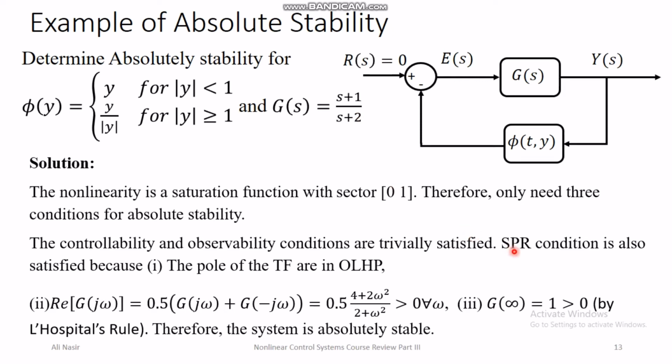And strictly positive real condition is also satisfied in this case because poles of the transfer function are in the open left half plane, and also the real part of the transfer function is 0.5 into g of j omega plus g of minus j omega, which is equal to this, and this is positive for all values of omega because it involves omega square and positive constants. You can verify that. And the third property for strictly positive real is g of infinity has to be greater than 0. In this case, if you put s equal to infinity, then what happens is that